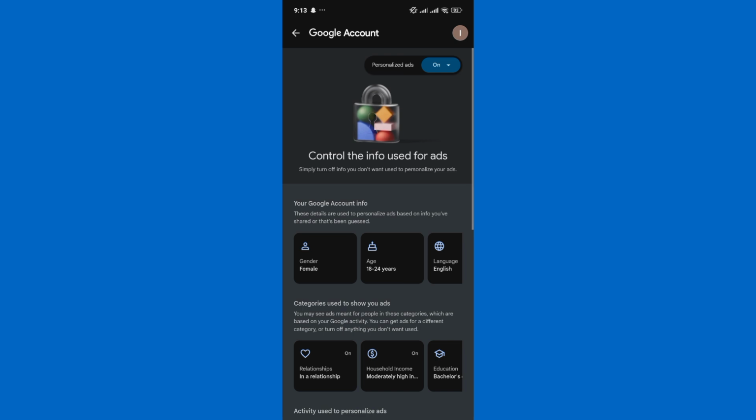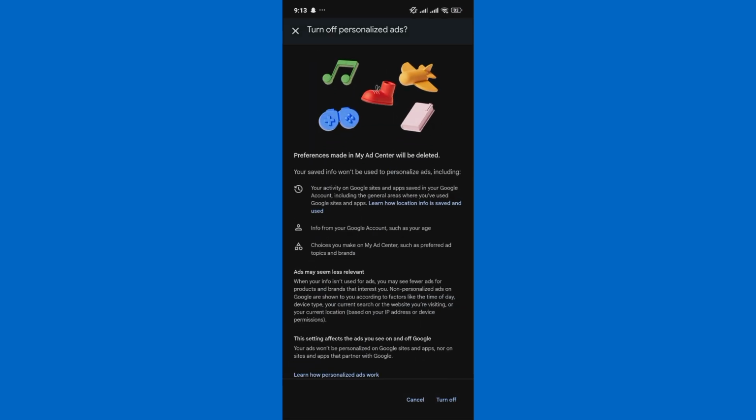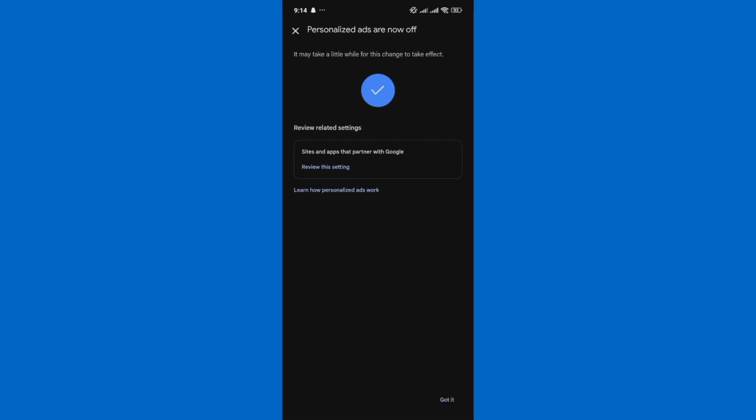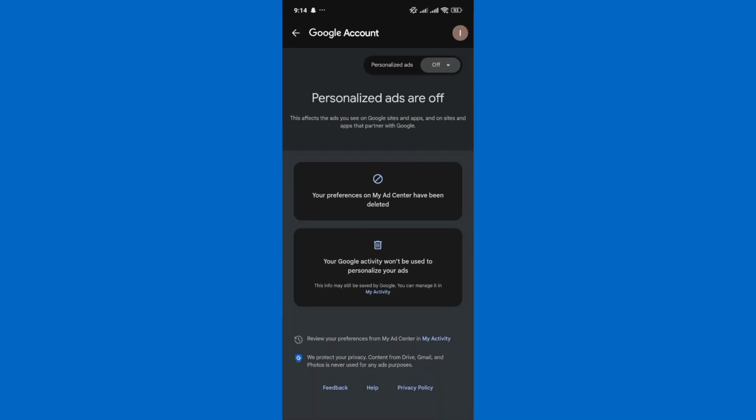In here, go ahead and disable personalized ads by clicking on that on button and set that to off by clicking on the turn off button. And as you can see, your personalized ads are now off. And that is how you can simply remove